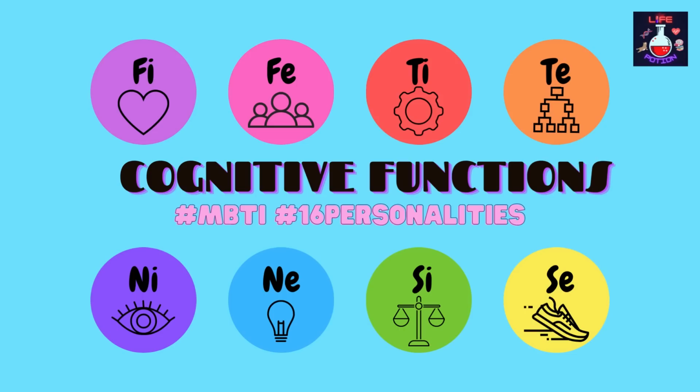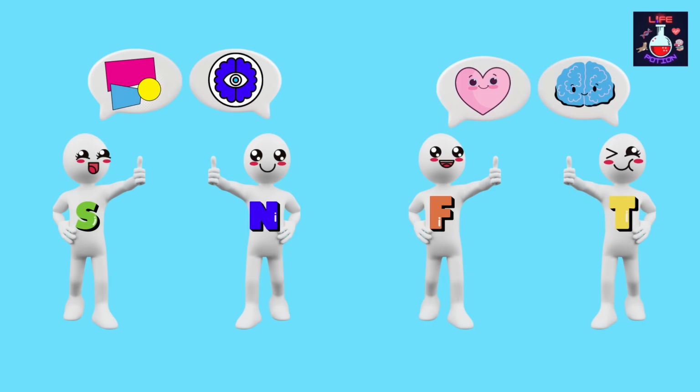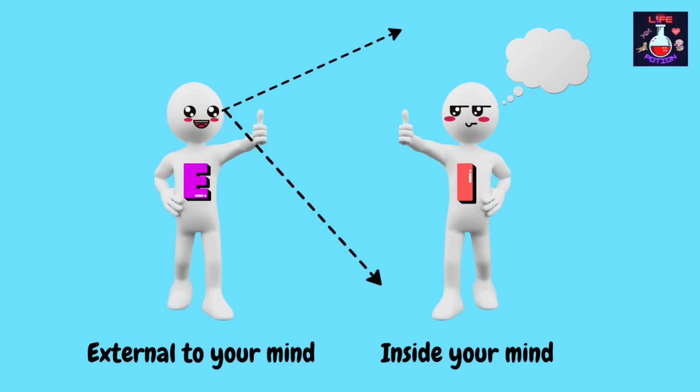The MBTI, which is based upon psychoanalyst Carl Jung's theory of personality, utilizes what is known as a functional stack to understand each personality. Each of the 16 personality types has 4 cognitive functions: sensing, intuition, thinking and feeling, in alternating directions, introverted and extroverted, or vice versa, which can be thought of as 4 puzzle pieces in a particular type. In the context of MBTI, extrovert means what happens external to your mind or, in other words, in the